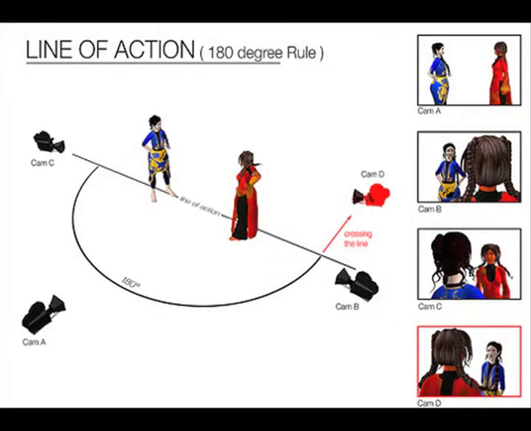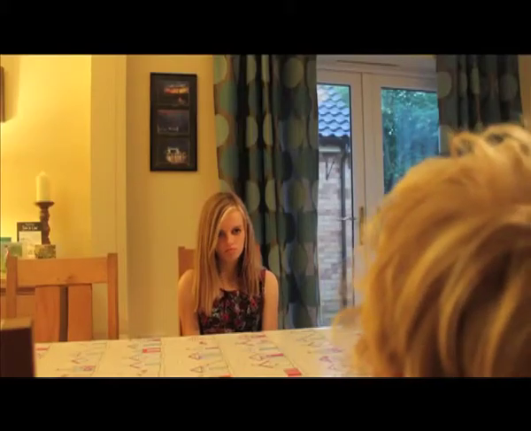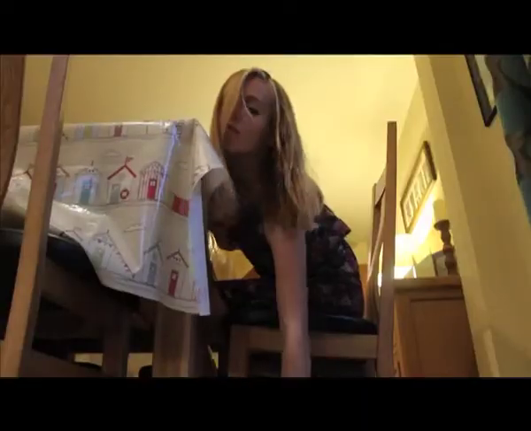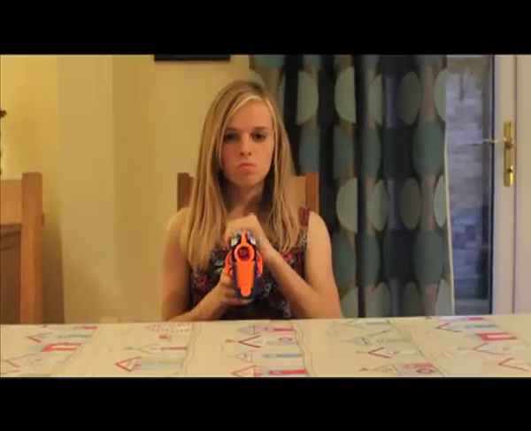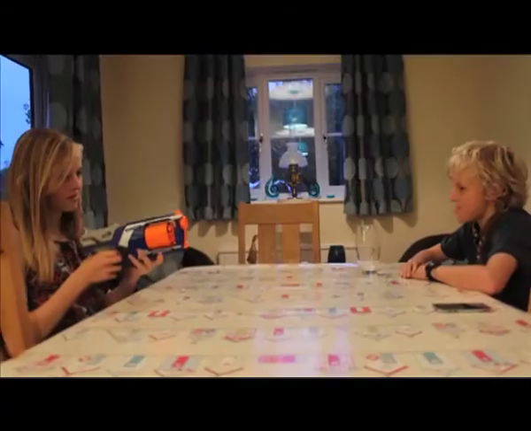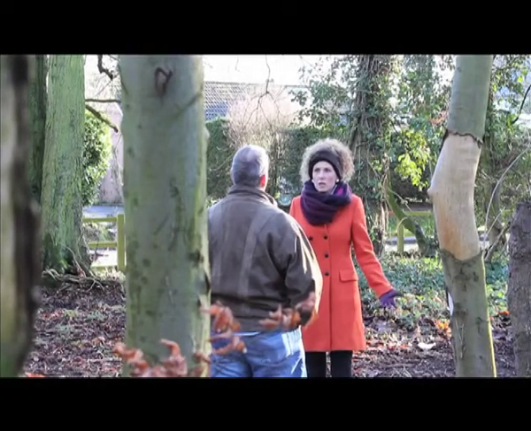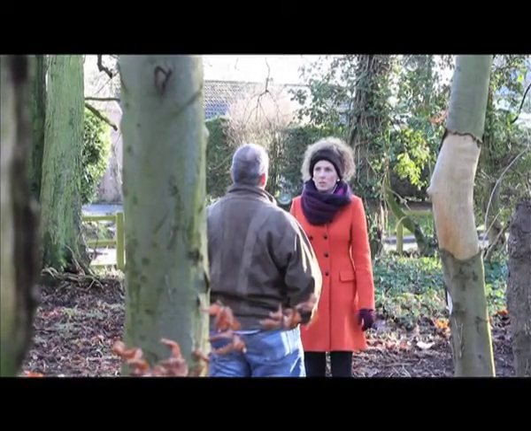The 180-degree rule states the camera should remain on the same side of the imaginary line. This is because the continuity of the sequence, if not abided by, will not run smoothly and may disorientate the audience. The 180-degree rule is shown in my preliminary task when my actors are sitting at the table and one of the actors pulls out a Nerf gun. This can be seen in my opening sequence where the victim is talking to the male murderer in the forest